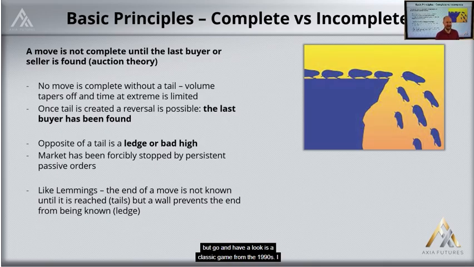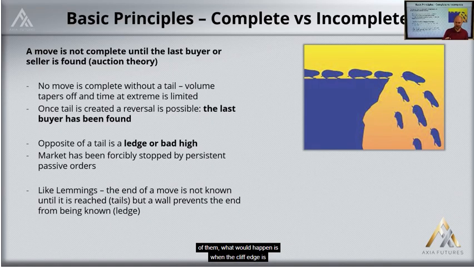but go and have a look. It was a classic game from the 1990s. I was around when it came out, which shows my age. You had a string of lemmings which you had to protect because they would jump off a cliff if it's there and die. Now, if the lemmings were slightly smart and there was a never-ending queue of them,